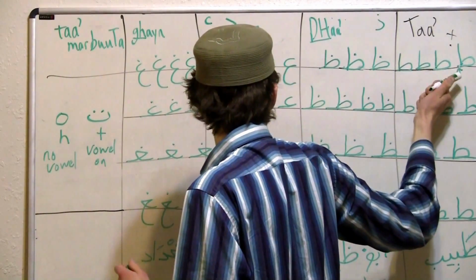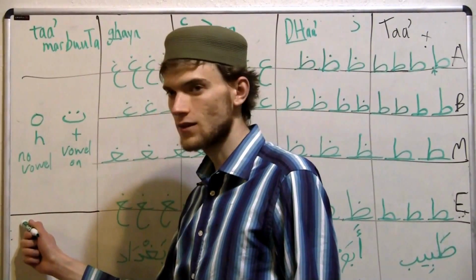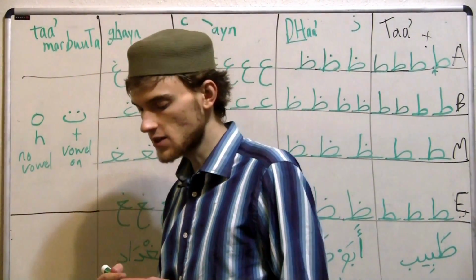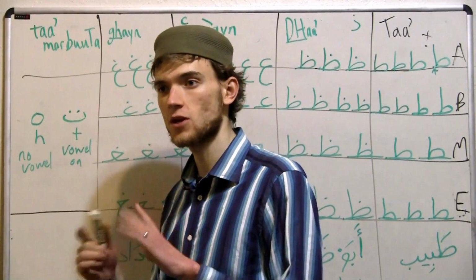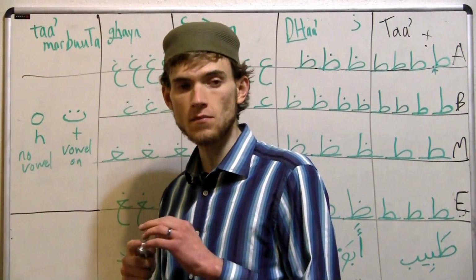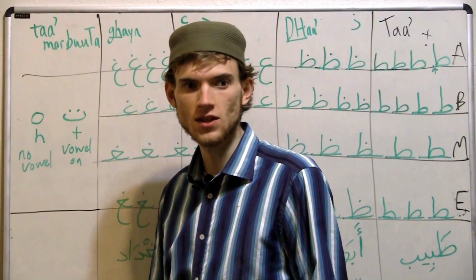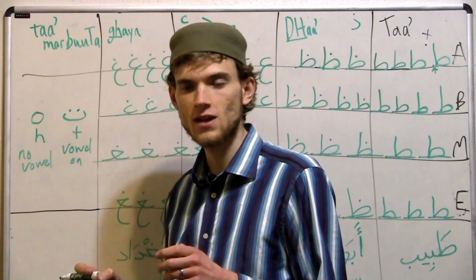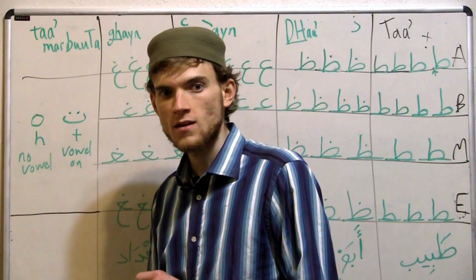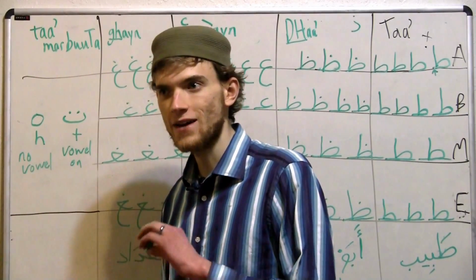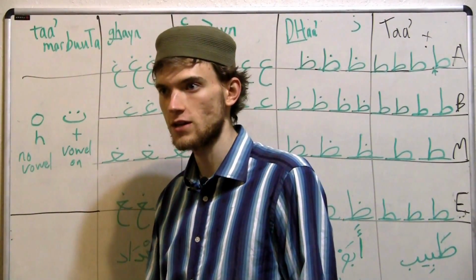Hence, I have two lines here. One is the alone line. One is the end of a word line. So this symbol only comes at the end of a word, only ever at the end of the word, and it has a special meaning. Almost always it's a feminine marker. It means that the thing the word is describing is something female. So in Arabic, words have genders, not just if we're talking about people or things with genders, but